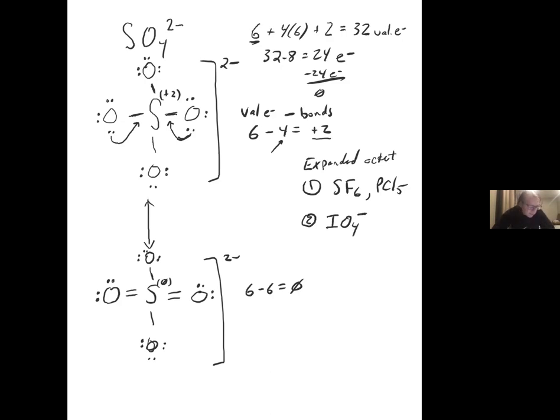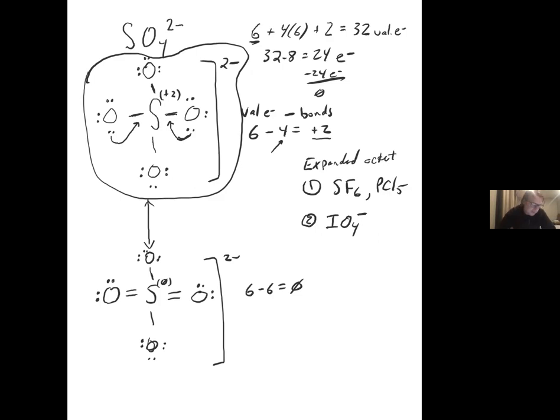Okay, if you look at IO4 minus, 4 surrounding atoms, so maybe it's octet, but in fact, this one's expanded octet. And for that one, you use this argument. You draw the octet structure first, then you look at the formal charge of the central atom. And if the formal charge of the central atom is plus, then you add an extra bond to one of the surrounding oxygens. If it's +2, then you're probably going to have to draw 2 bonds from the surrounding atoms,